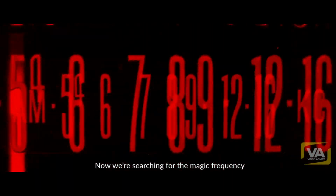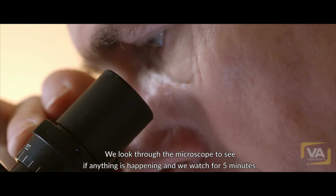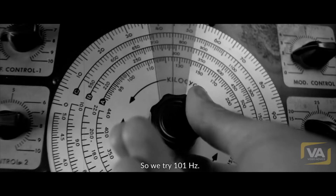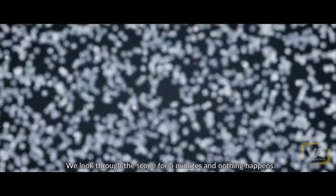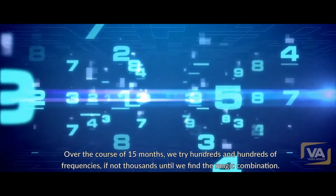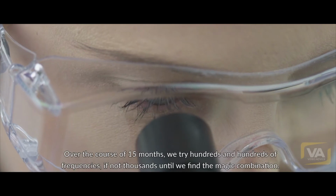So now we're searching for the magic frequency. And we start with 100 hertz, and we look through the microscope to see if anything's happening. We watch for 5 minutes. Nothing happens. So we try 101 hertz. We look through the scope for 5 minutes, and nothing happens. So we try 102, 103, and so on. Over the course of 15 months, we try hundreds and hundreds of frequencies, if not thousands, until we find the